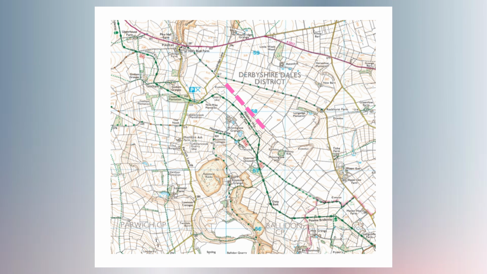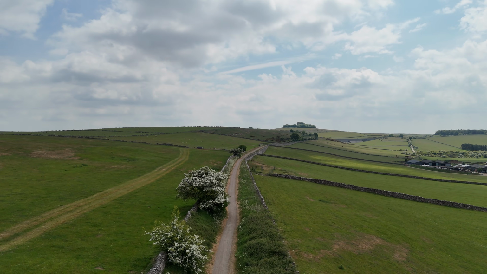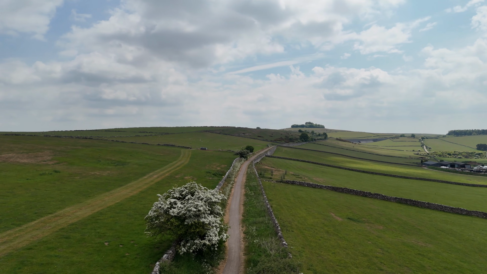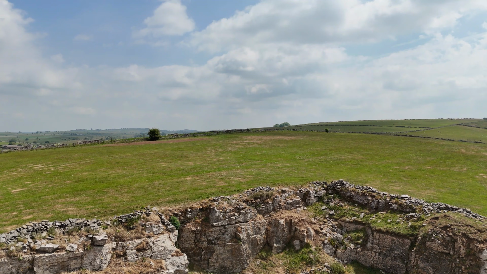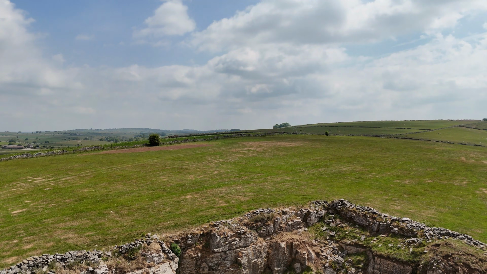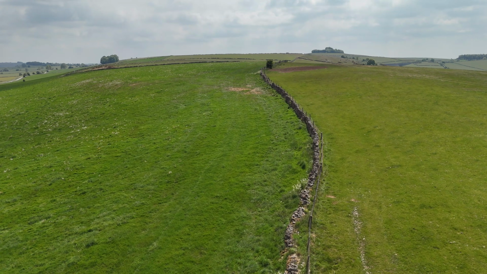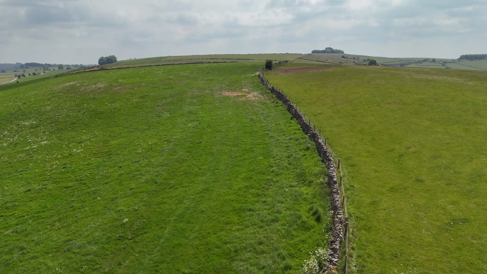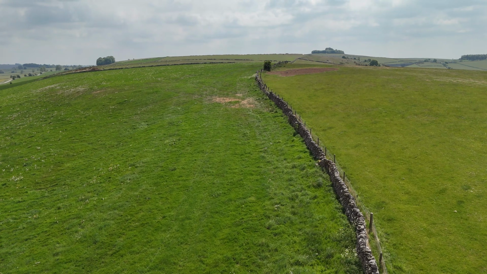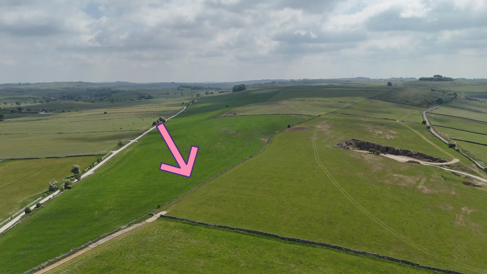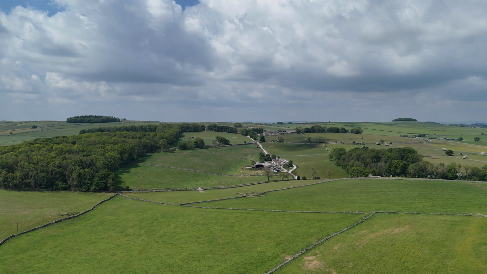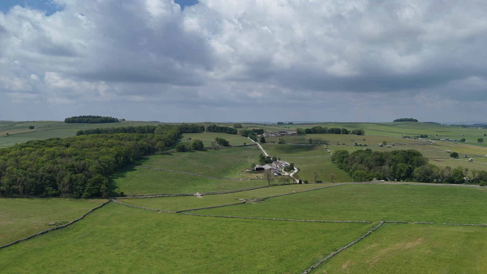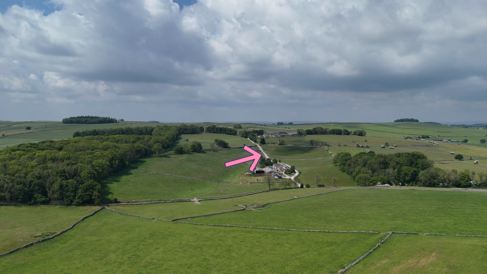This is the section that we're looking at. We're walking along a track with the road marked by tumbled down walls, effectively one field up to our left. It's all private land. Maybe in places you can see faint traces of the road. The wall line is a bit wiggly. Throughout the whole of the length of this that we're looking at, it is marking the parish boundary. In the other direction, we can see that it remains in use for a short stretch on the approach to